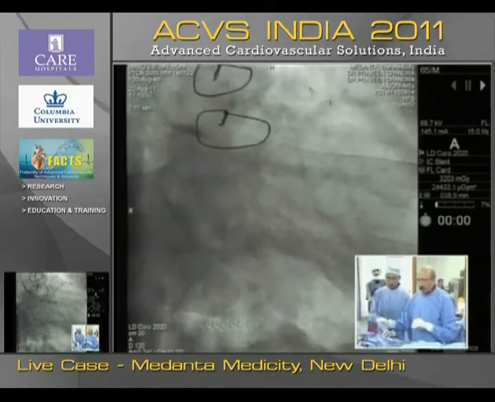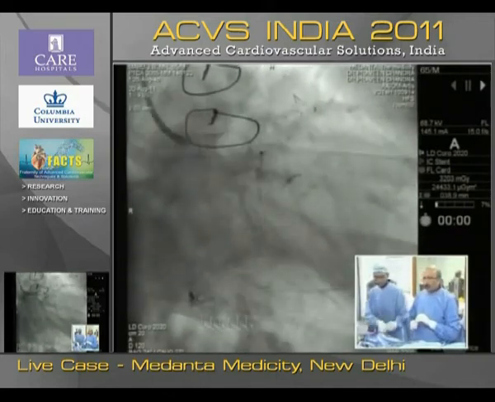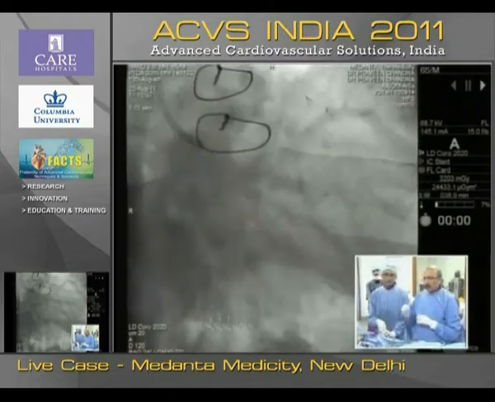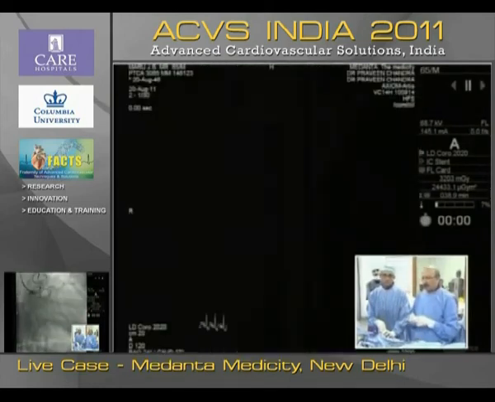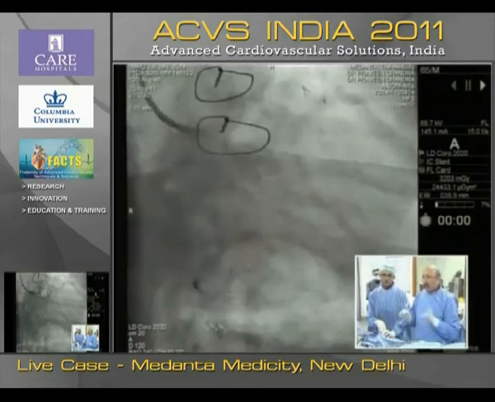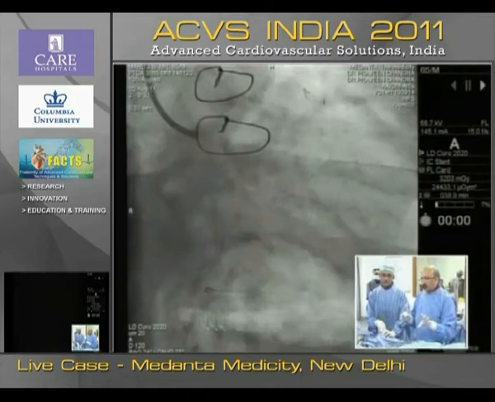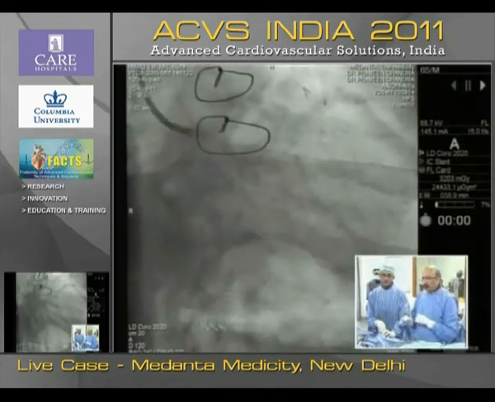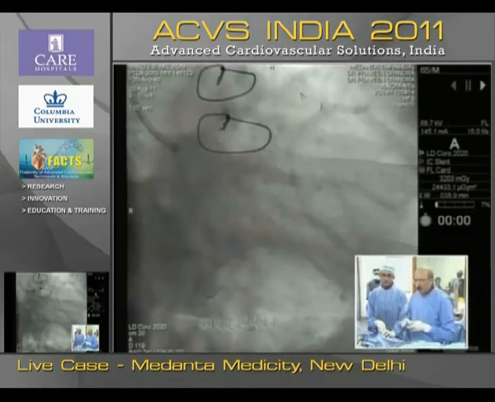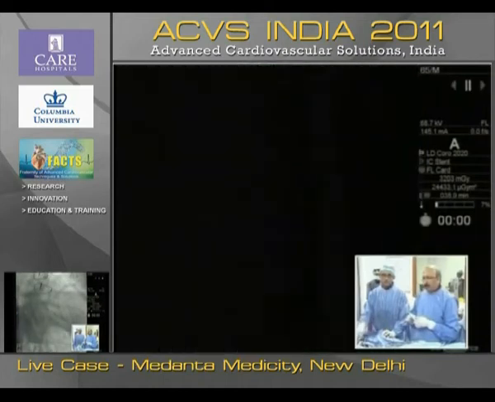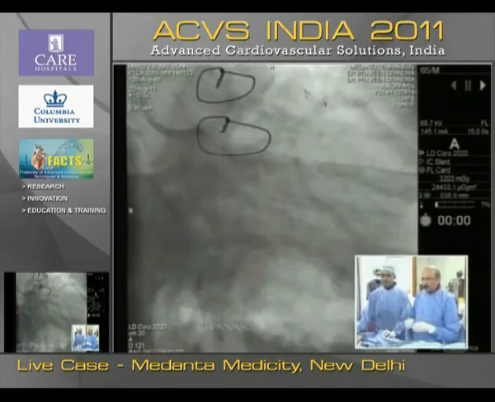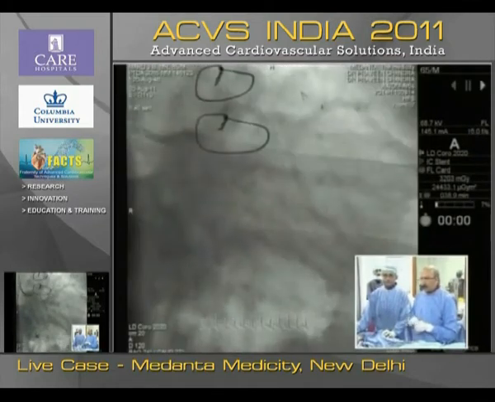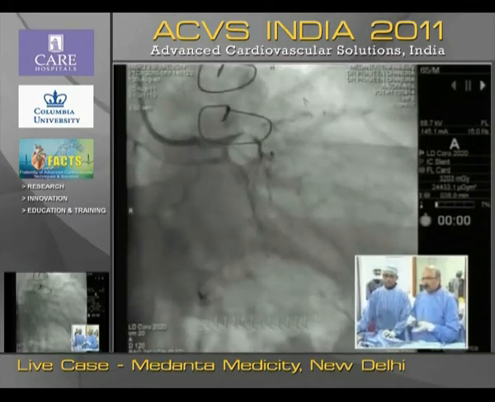So this is where we are. Then we said, okay, we will take first the whisper wire, which we do generally in total occlusions, and luckily we could cross this through a whisper wire. Once the whisper wire was crossed, we took a 1.2 millimeter mini Trek balloon, one of the final balloons which we take while we are crossing CTOs. So it's a 1.2x6 mini Trek, with which we did the dilatations.